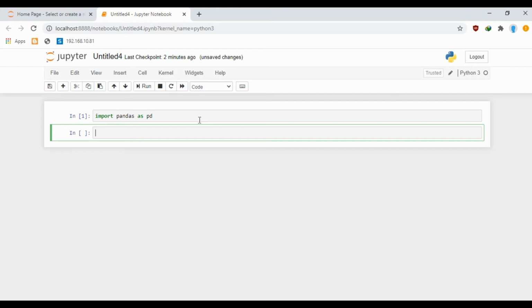So I'll create four different types of data. One is a list of strings. The second one is also a list, but of numbers. The third one I'll create an array, and the fourth one I'll create a dictionary. So first let me create a list of strings.